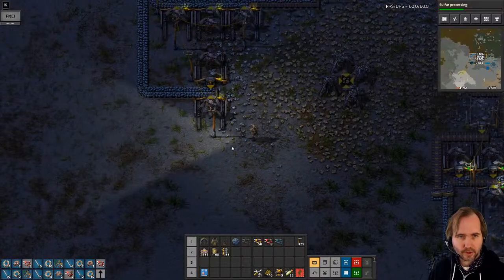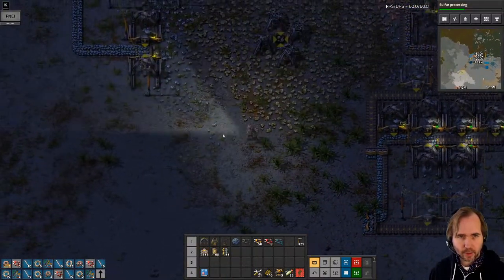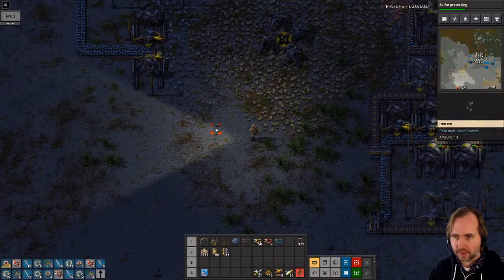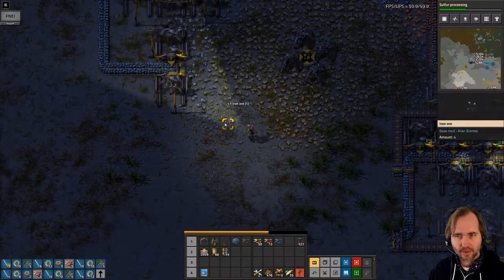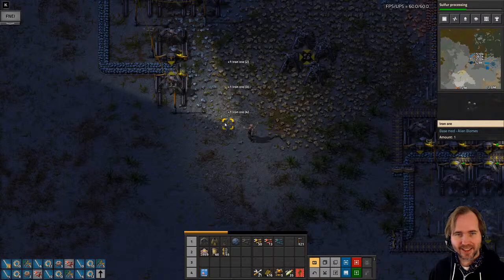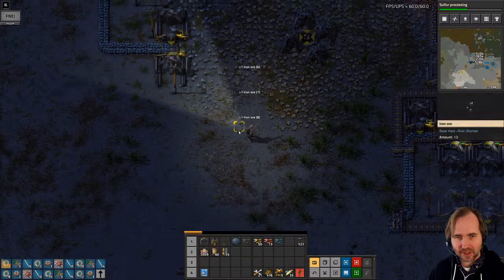Now we have a handful down here too that also need to be dealt with. These are so sparse I could probably hand mine these. Amount 3, amount 13. Why don't I just do that? I don't get the productivity bonus, but